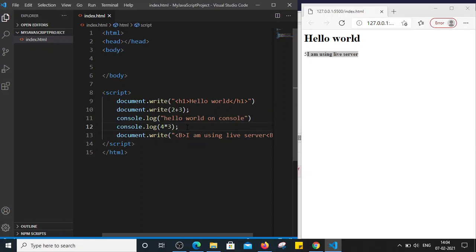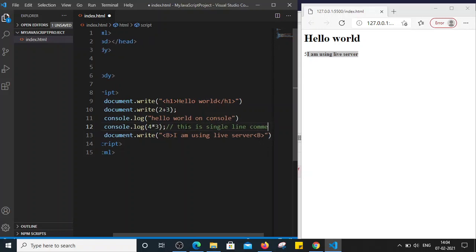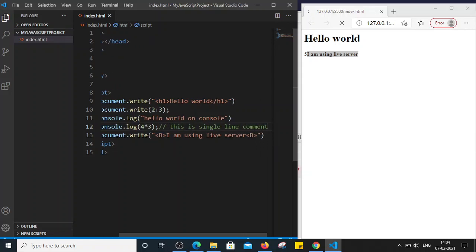In JavaScript, similar to Java, to enter a single line comment, we can use double slashes. So if I use double slash and I write here, this is single line comment, now this part will be ignored by the interpreter and compiler.